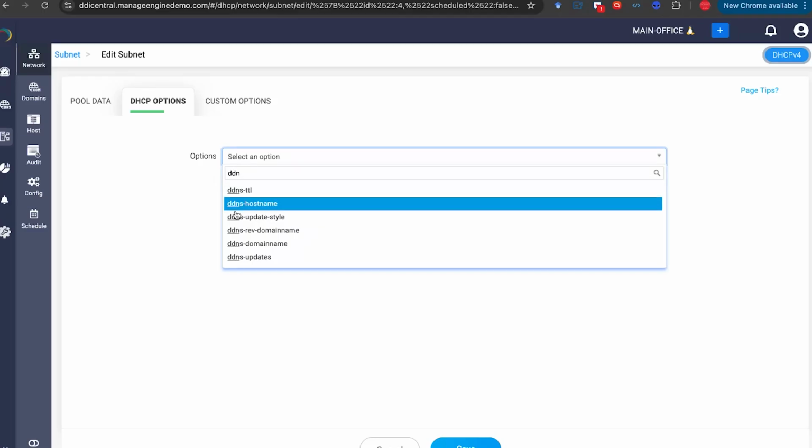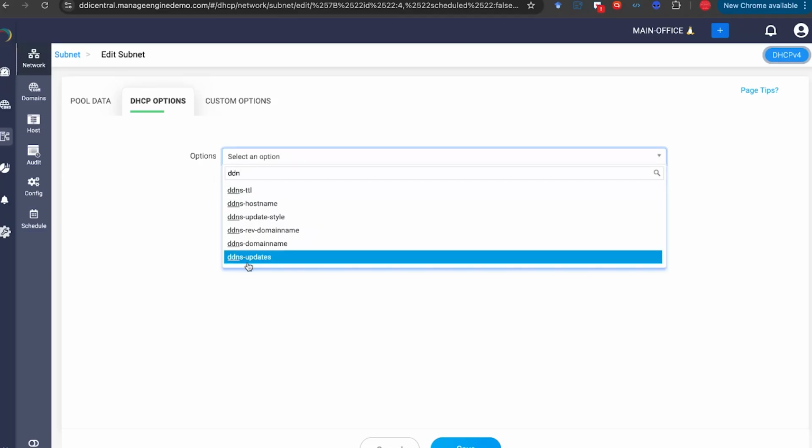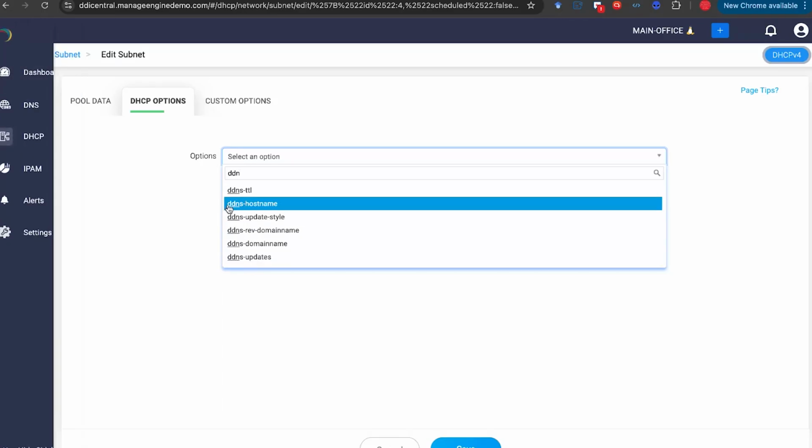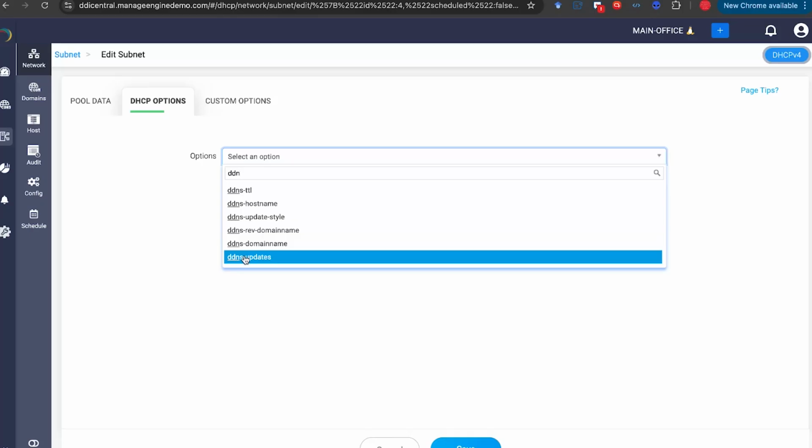There are 3 mandatory options. Whenever you activate the DNS toggle for a particular domain name, the following 3 options will be enabled,